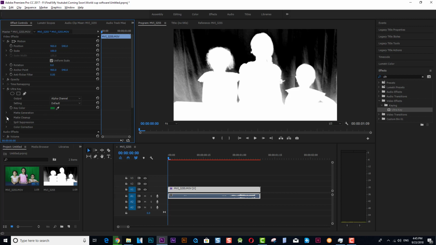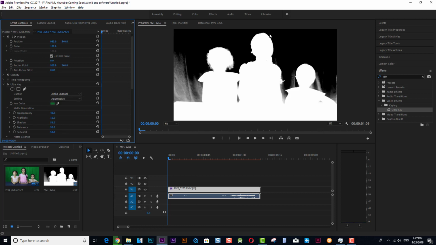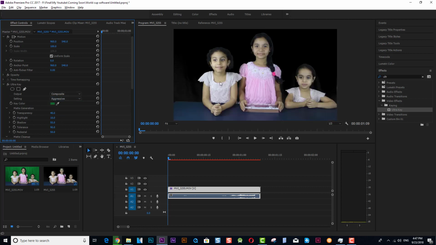It's not completely removed because the lighting was not good. So how are we going to solve this problem? You can select aggressive, still the problem is there. So under shadows, shadow,